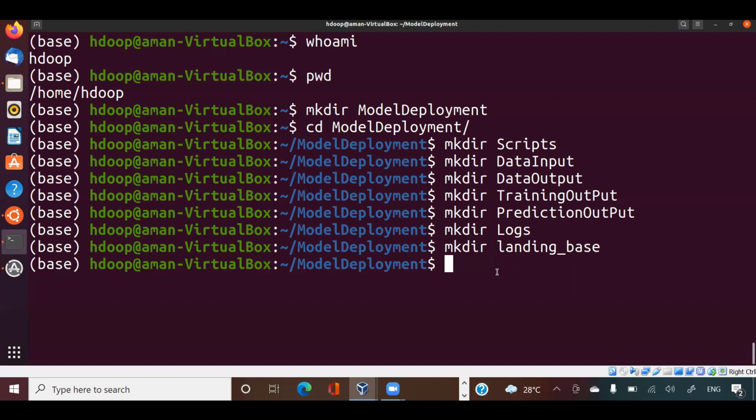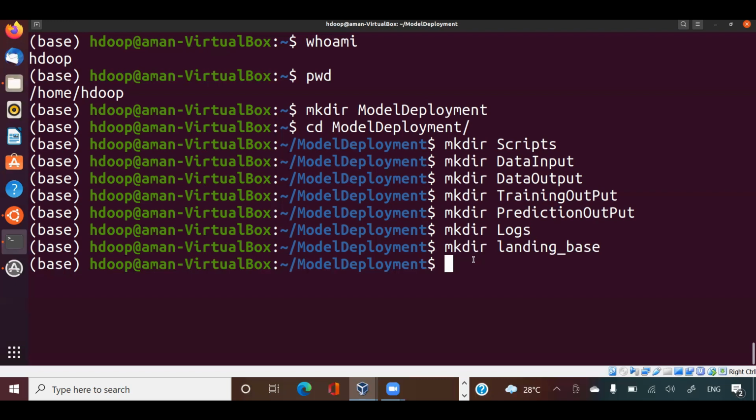Okay, now how many directories do we have, guys? 1 2 3 4 5 6 7. Now in Unix, for doing anything, we have to see the permission of the folder. For example, if there are 5 people in a team, it should not happen that somebody is trying to run the model from their ID and is not able to write the output in data output. So the folder should generally have permission to be written by all the users.